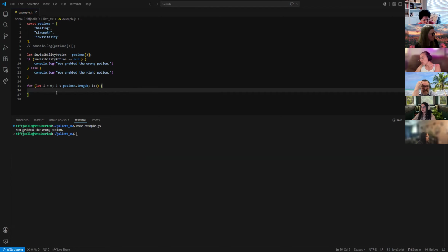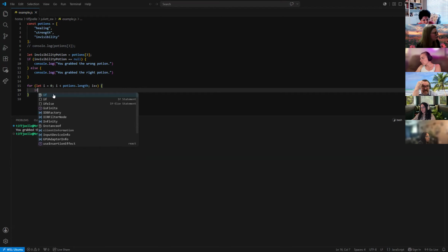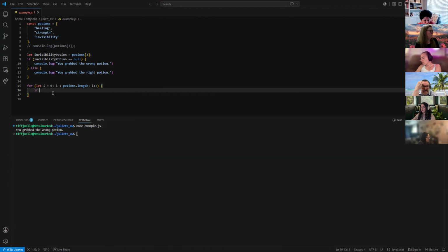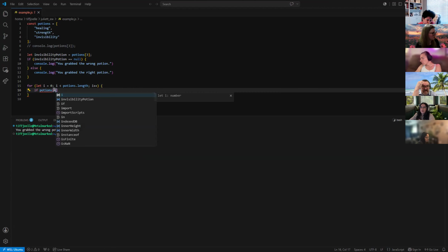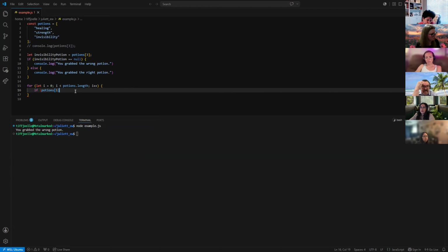So let's loop through and say, if potions at the position of i, oh, I've got to put the parentheses, sorry. What is this going to do? If this potions at i, what is i in a loop? It's the index, right? Yes, it's the index. So we're starting at index 0, which is the beginning of this array. And we're going to go through and say at each index, so the first one would be index 0, so at this one, if that